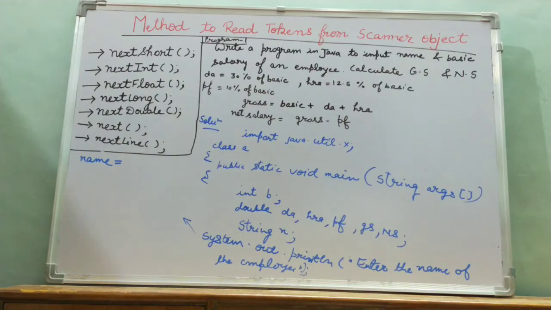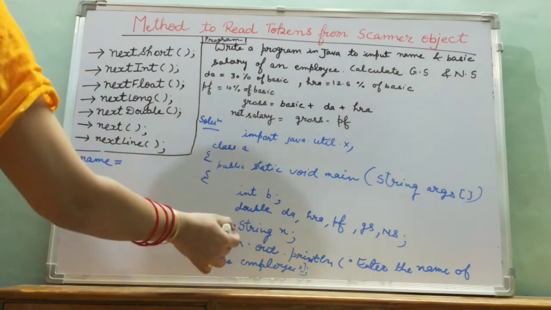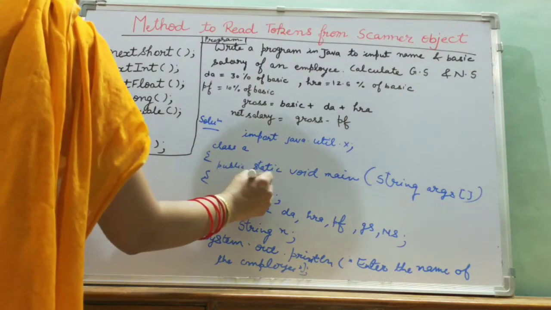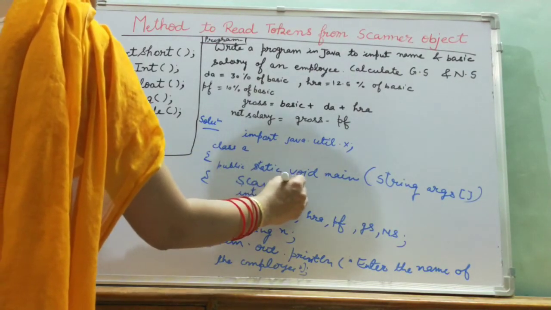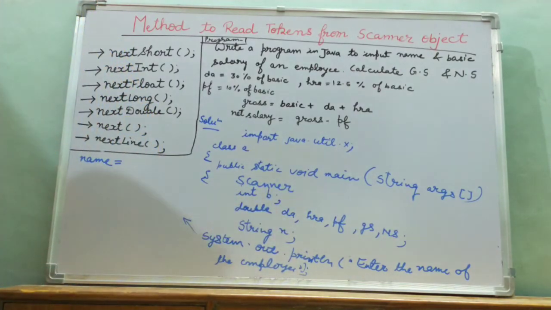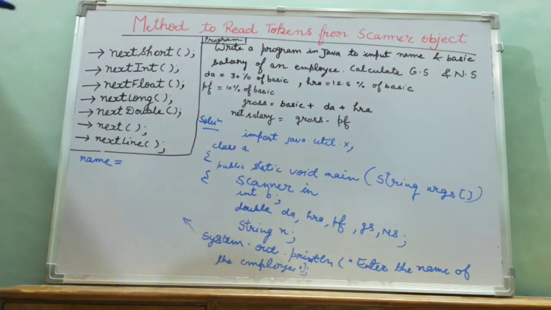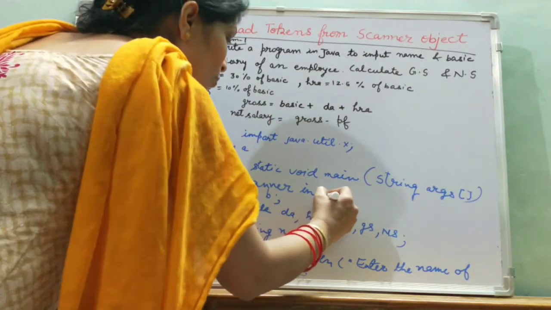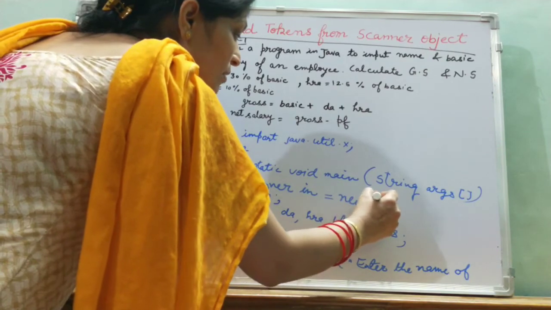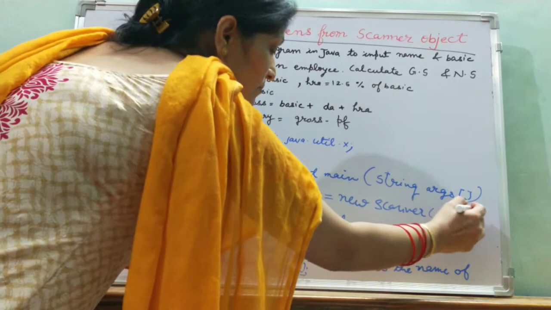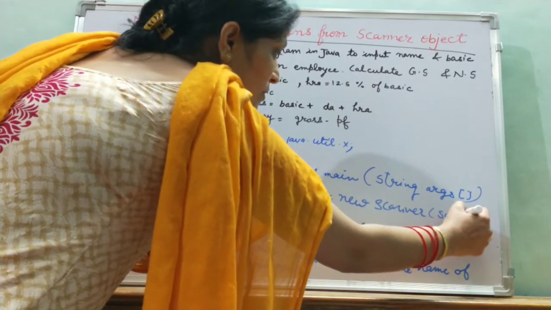I am explaining Scanner. We are reading through the Scanner. Firstly you will declare, after the declaration or before the declaration, we will use the Scanner. Scanner is a class and its object can be A, B, C, X, Y, Z, any object. Scanner is equal to new Scanner(System.in);